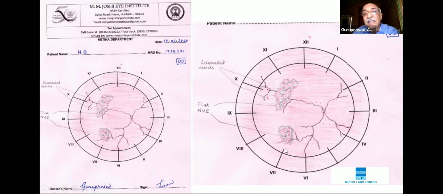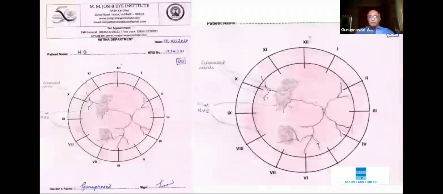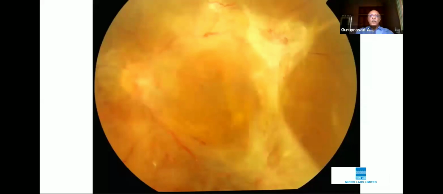But look at the right hand drawing, where the arborization of the vessels is shown in green and streaked with red. So this is exactly like what you saw in the fundus examination. So you have to label each of them. A flat NVE is what has been seen and labeled here. And sclerosed vessels are shown as dotted lines here. There are different ways of denoting sclerosed vessels, but I think we will stick to this for this presentation. And then the dot and blot hemorrhages are seen, not many in number actually, but they are there in almost all the 4 quadrants. So this is about the right eye.